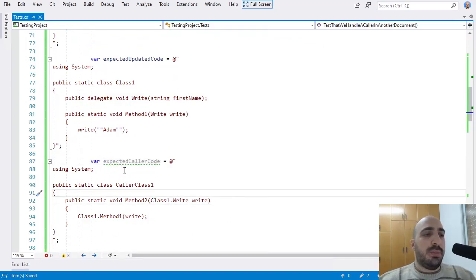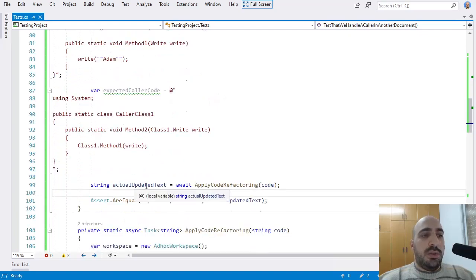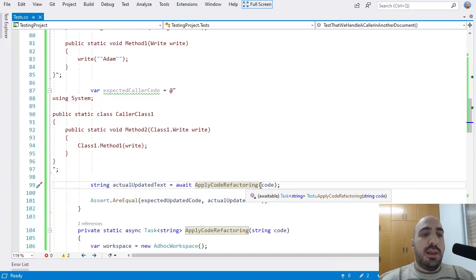So here I expect the caller code to change, and the change would be in the type of the write parameter. I want this parameter to have the type class1.write, which is the newly created delegate, right? So now I need to update this apply code refactoring method so that it allows me to have another document in the project. Okay.